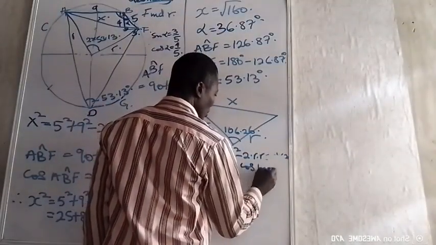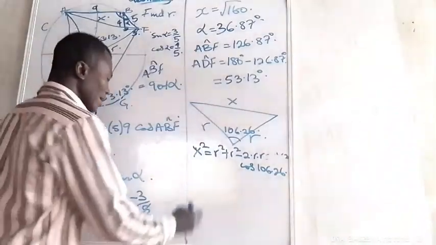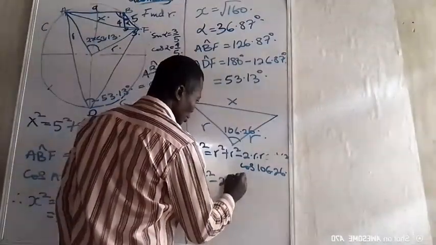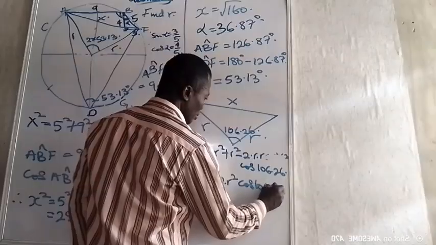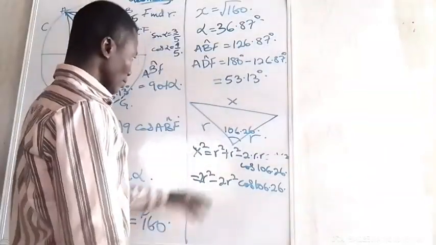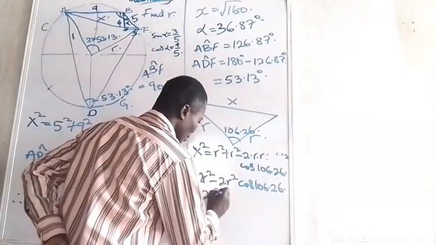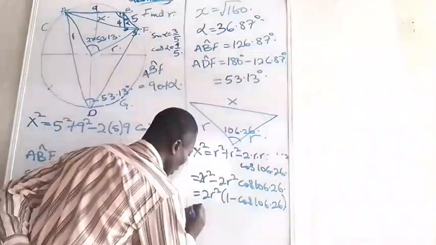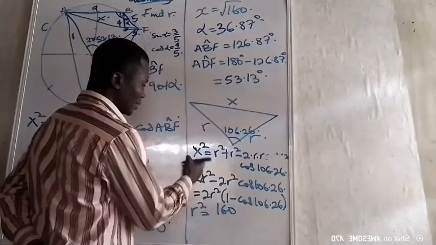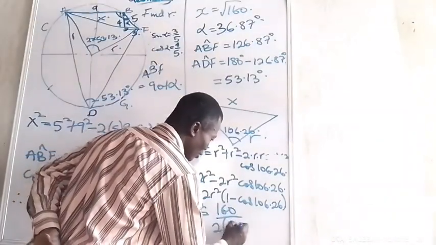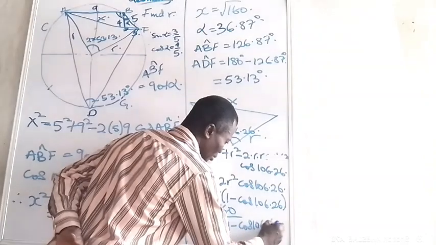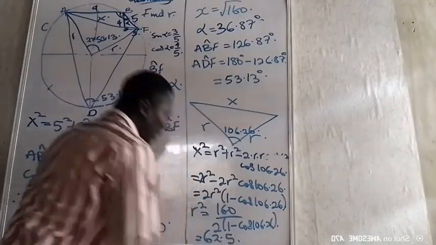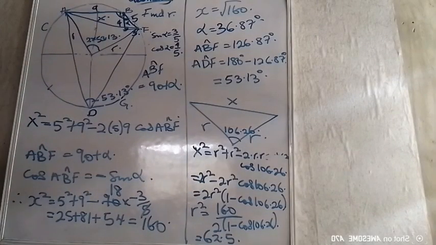From here, that is going to be 2r squared minus 2r squared cos 106.26. This is 2r squared into 1 minus cos 106.26. So r squared will equal 160, that is x squared, divided by 2 into 1 minus cos 106.26. At the end of the day, r squared, after calculating, is equal to 62.5. You can see, r squared is equal to 62.5. And from there, I can realize that